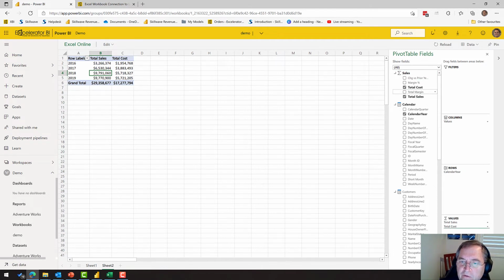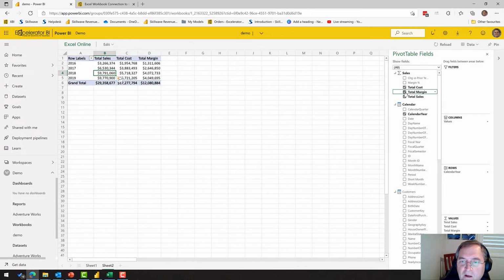So if I want to do some live interaction with my pivot table, I'm able to just come in here exactly the same as I would if I had this running in Excel on my PC. And I get that same live interactive pivot table experience. There is no data stored in this pivot table. It's stored with a direct connection back to the workspace,